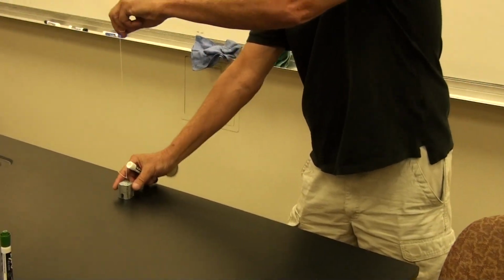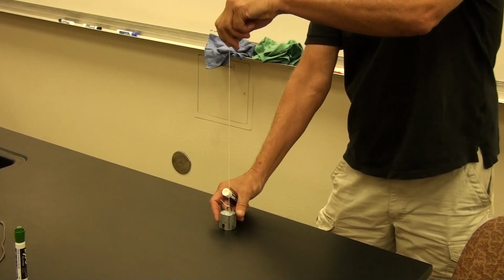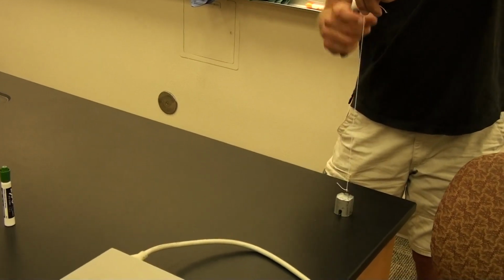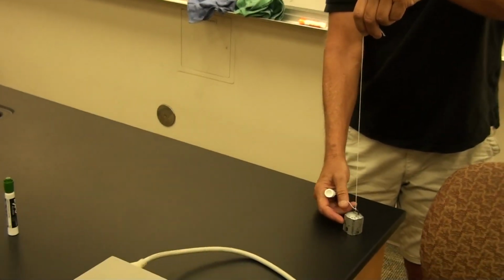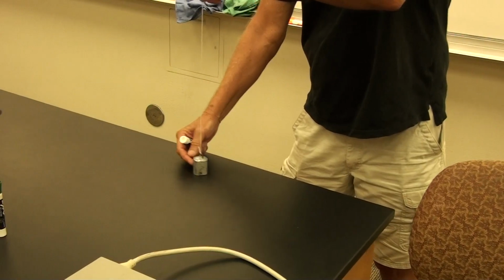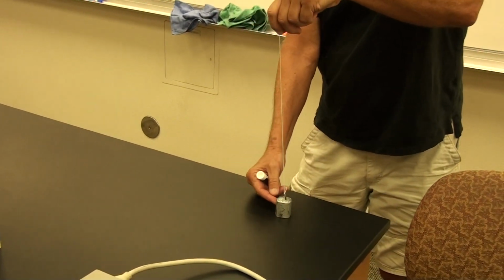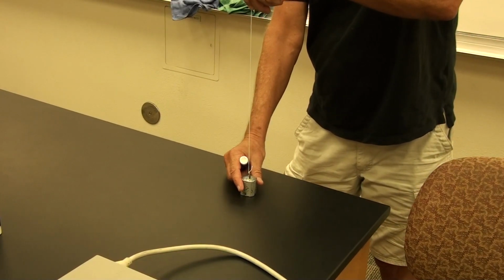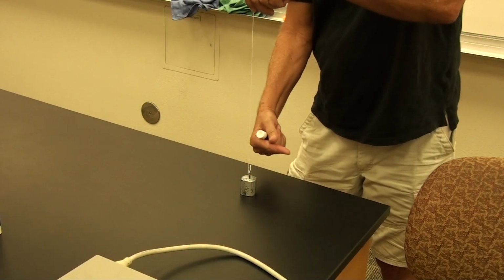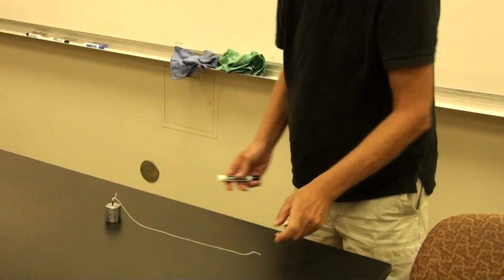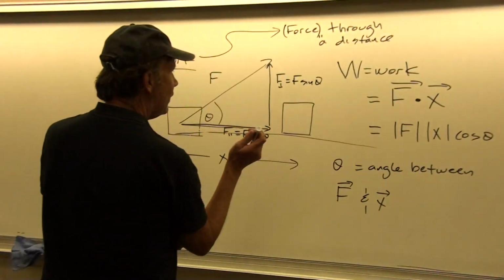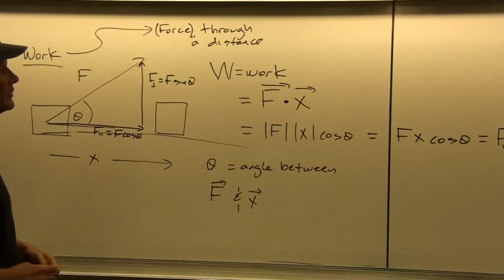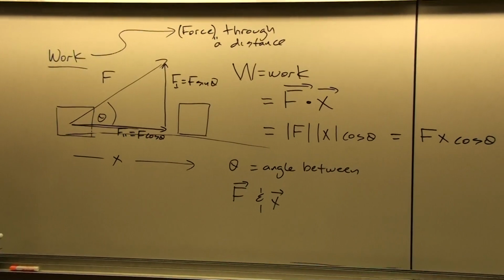And if I were pulling like this and the thing were already sliding, then the force would do no work at all. This vertical force would do no work. I would have to do the work by pushing against gravity, pushing against the friction force with my finger. In that case it would be F cosine 90, so there'd be no parallel component of the force in the direction of the displacement. That's what we mean, and we'll get into other versions of the dot product a little later on.